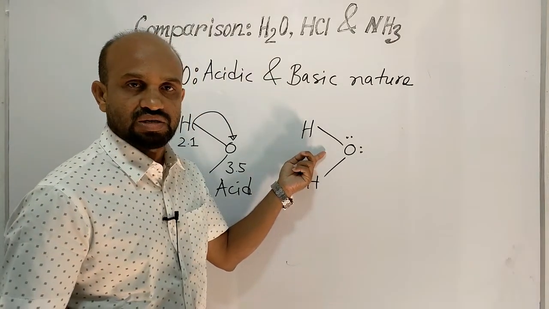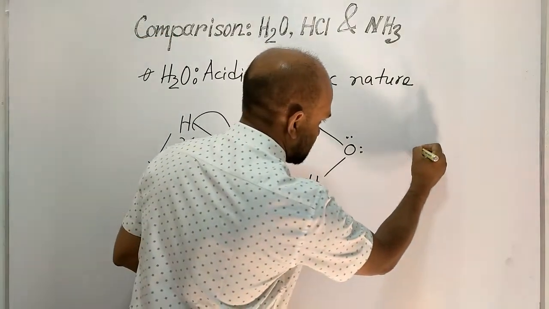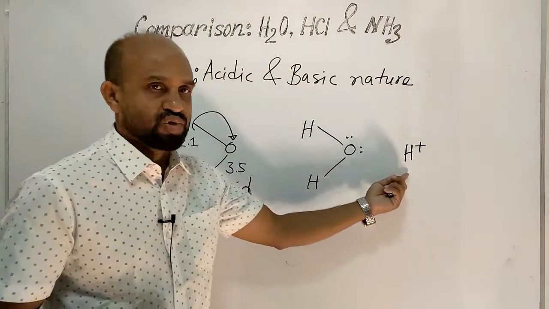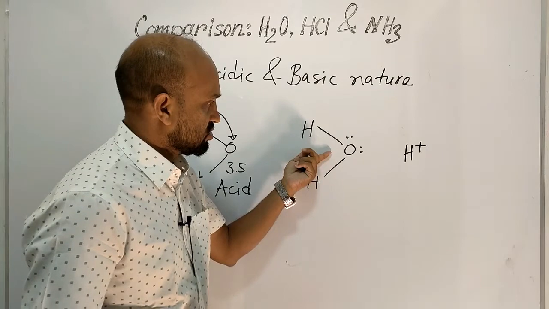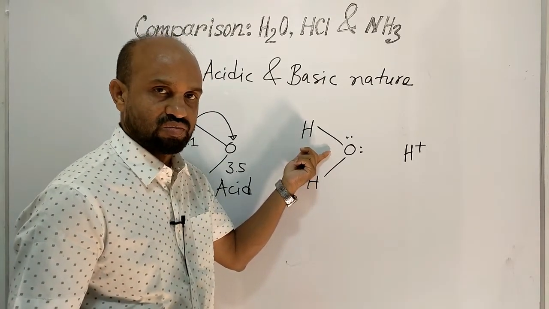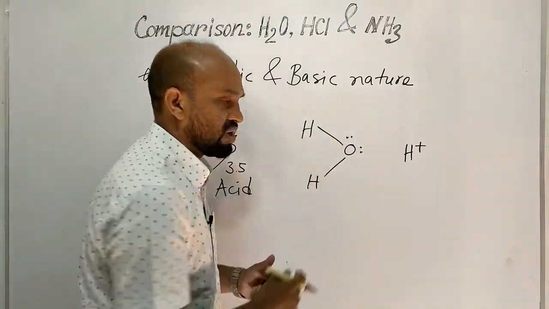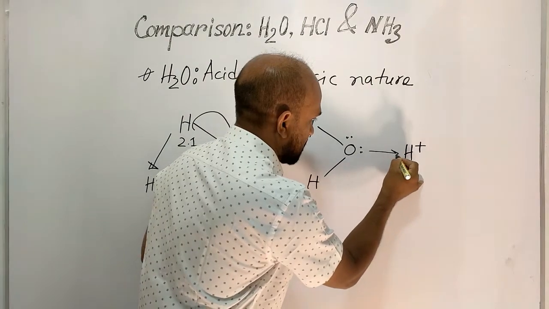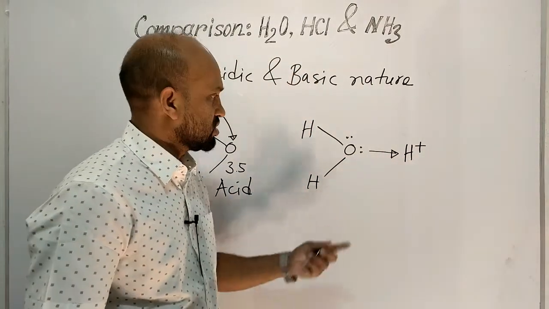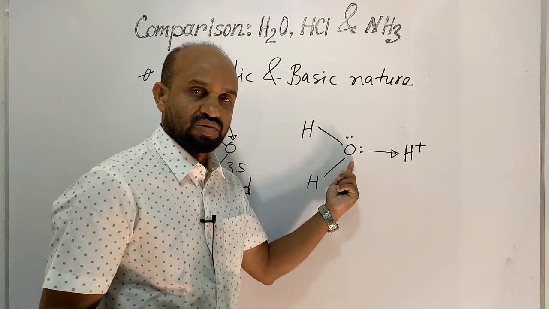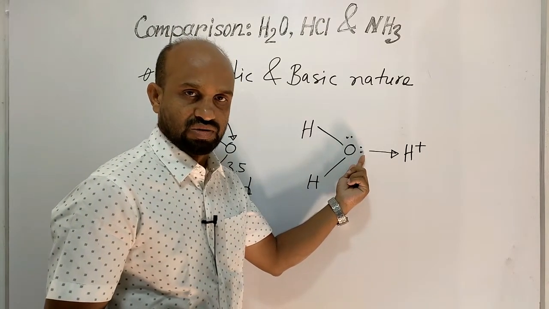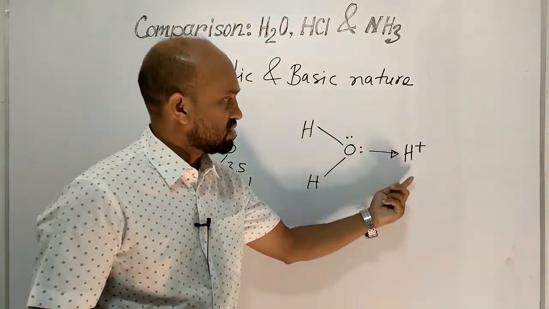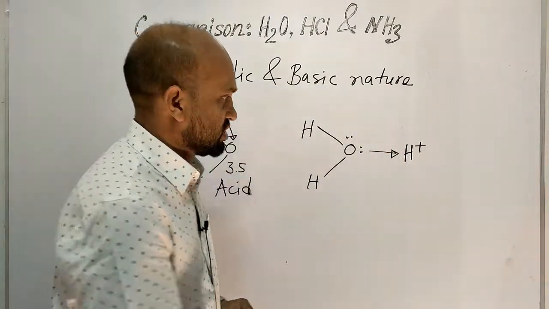When this water is in acidic medium, that means the medium which is full of protons, then this water, that means the oxygen atom with its lone pair of electrons, binds a hydrogen ion or proton with itself with the help of a lone pair of electrons. That means water here accepts a proton in acidic medium,